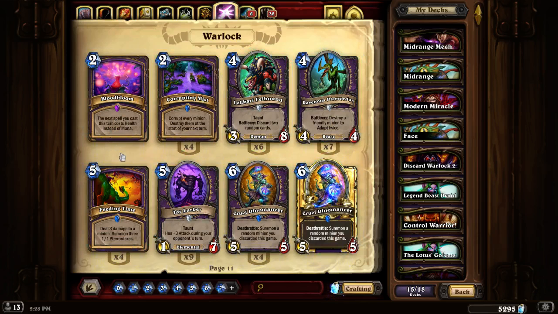Blood Bloom. The next spell you cast this turn costs health instead of mana. Spell. So this isn't Magic the Gathering, so that's only spells, not creatures. It's got potential, but you see, let's say you cast a big 10 cost spell and you sacrifice 10 life. That's a lot. I mean, make a Reno deck, maybe? It's just scary. Or not scary, but just...